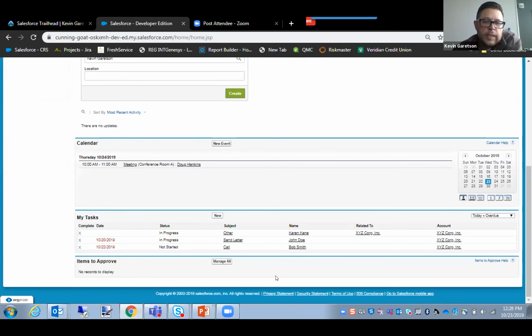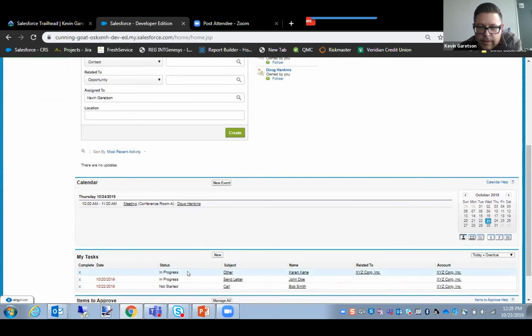And then you can see that I haven't completed any of these tasks. They're different statuses, and I can see which dates they're due on and what they're related to, accounts, and right now my view is saying today and overdue, but the standard,